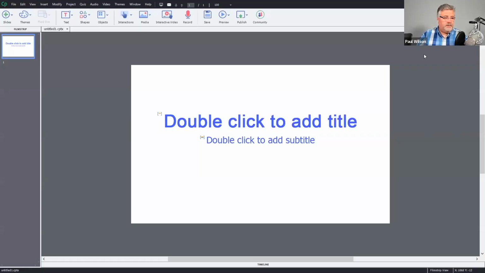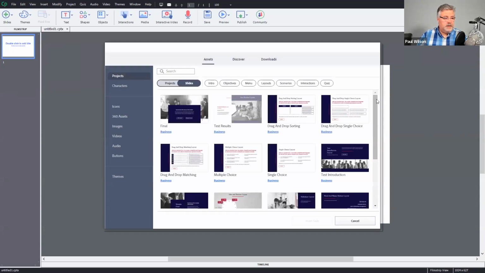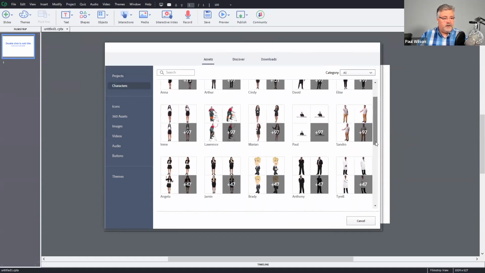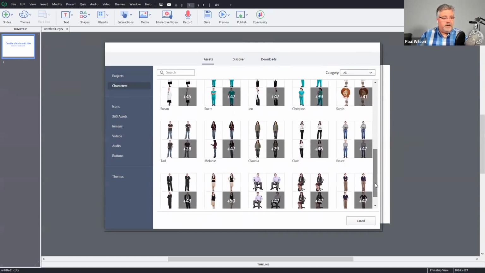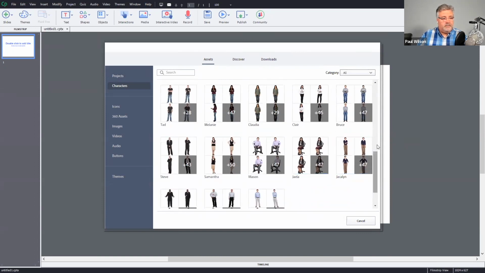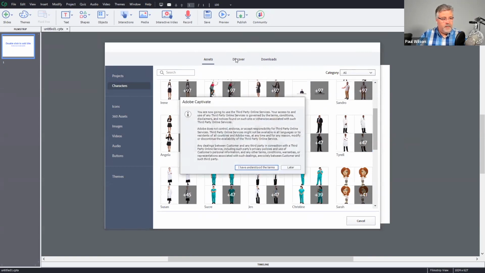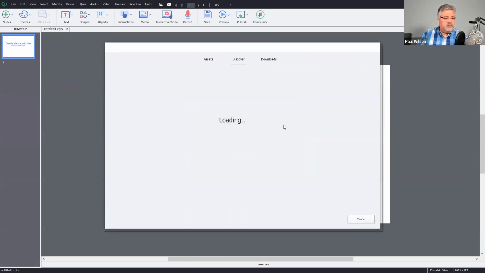So here's Captivate. There's the asset store right up there. If I click on that and we go to characters, and you're right, at first glance, the characters that come with Adobe Captivate, I would say, have minimal diversity here. But if you click on the Discover tab, which is right up here in the middle, there's 3 tabs on the asset store. You'll see this warning message that you're being brought to a third-party solution. That's okay. Just say, I understand. And once this loads,